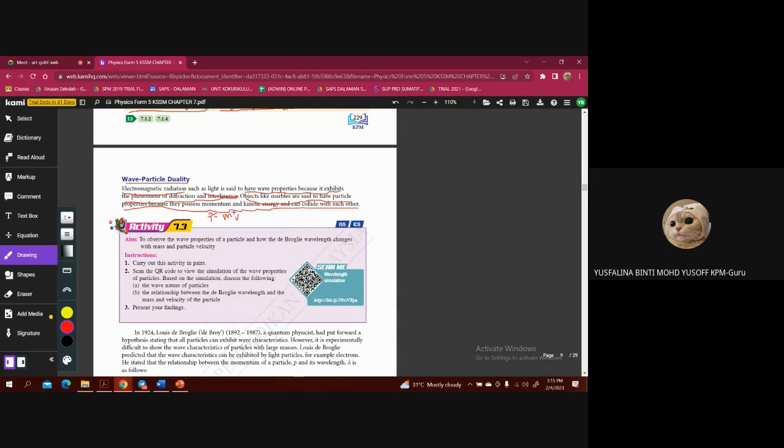Let's say if you're walking on the road, you have a momentum. So any object that is moving must have momentum and also must have kinetic energy, because E equals half mv squared. Since it has a velocity, of course it will have kinetic energy. And it can also collide with each other, usually for atoms colliding with each other, of course can produce an